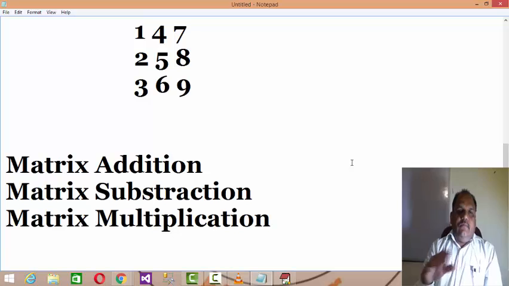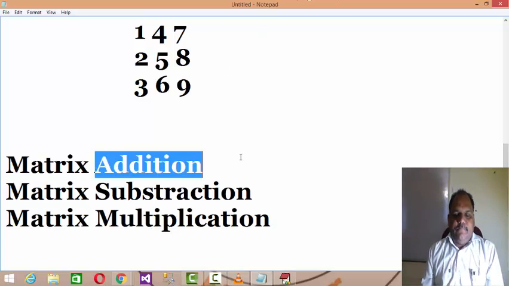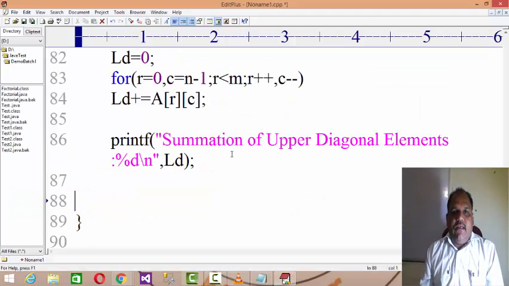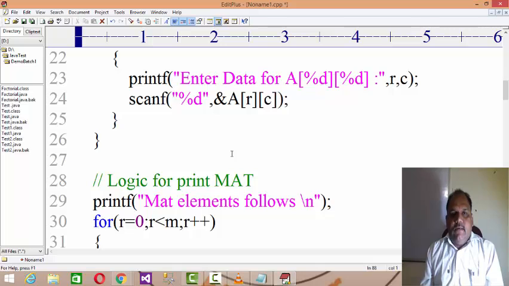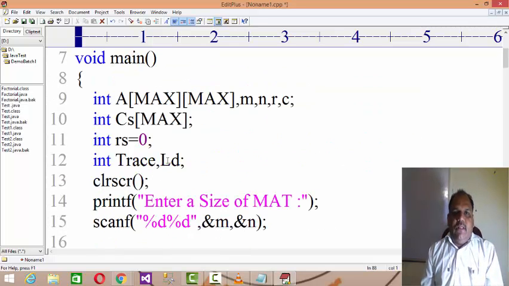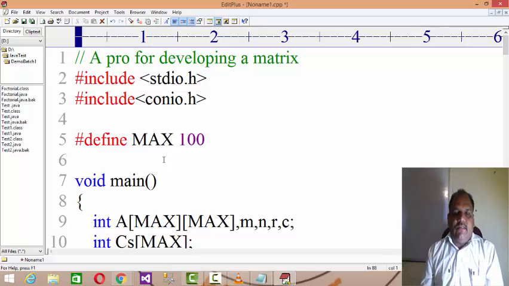Now obviously you need two matrices here. Initially, everything I performed about the trace, transpose, upper diagonal addition, row wise, column wise, was on a single matrix only. Now assuming that you have two matrices and you want to add them, what will be the logic, right?